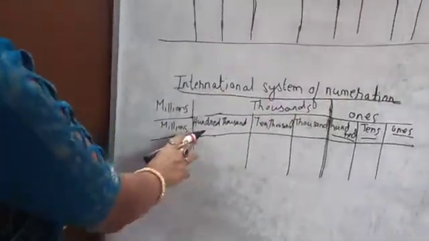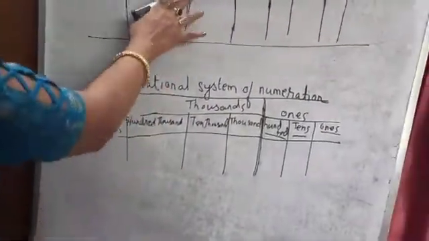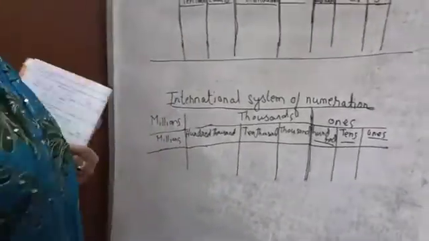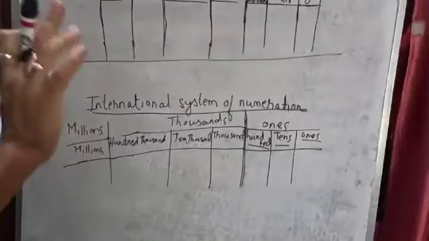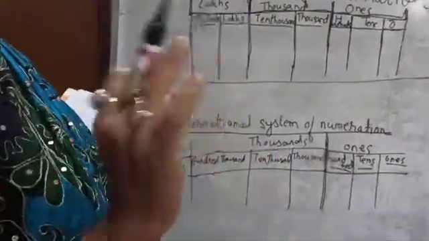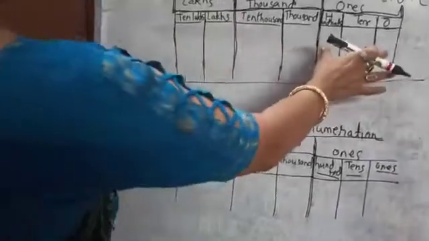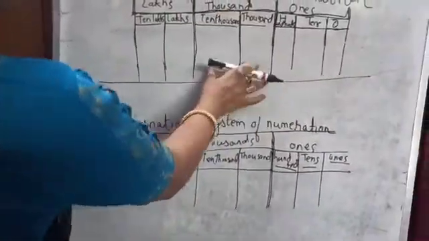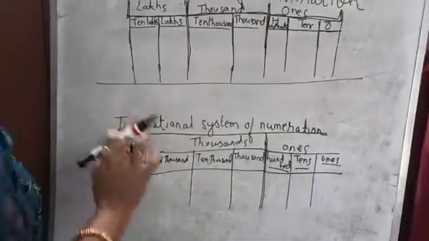Over here 10,000s, 100,000s, and over here a lakh comes, and in place of 10 lakhs comes the millions over here. This is why this bar is given over here: you will put the commas after each bar. And one bar contains over here in the ones place 3 numbers, the 10,000s place contains 2 numbers, and the lakhs place contains 2 numbers.